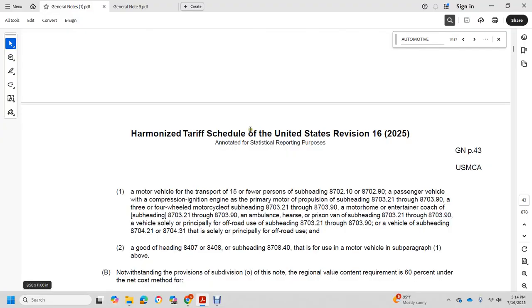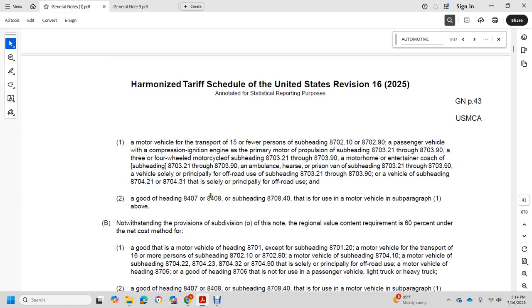a motor vehicle that transports 15 or fewer persons of heading 8702 or 8704, passenger vehicle with compression ignition engine, primary motor propulsion subheading 8703.21 through 90, four-wheeled motorcycle vehicle subheading 8703.21 through 8703.90, motorhome and entertainer coach subheading 8703.21 through 90, ambulance, hearse, prison van subheading 8703.22 through 90, vehicles solely or principally for off-road use of subheading 8703.21, 87 through 8703.90, vehicle subheading 8704.21 or 8704.31 solely or principally for off-road use, a good of heading 8704 or